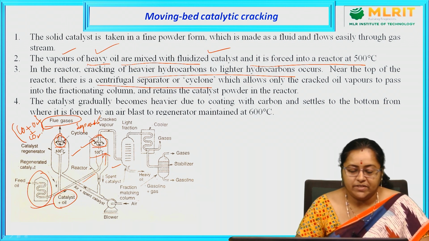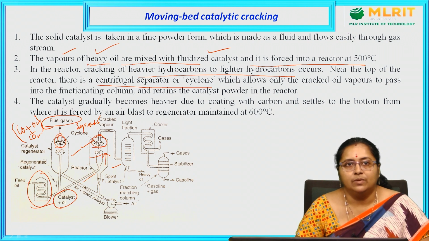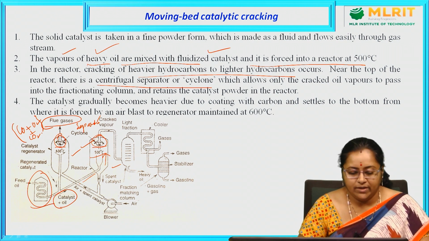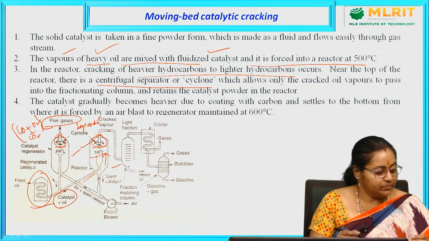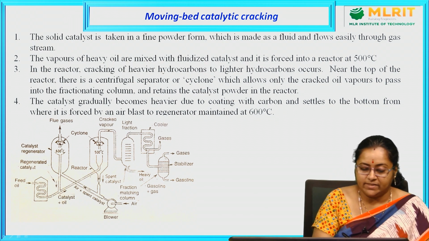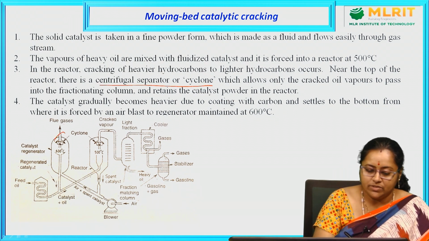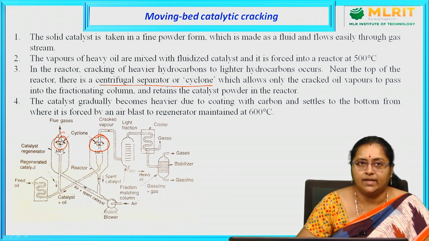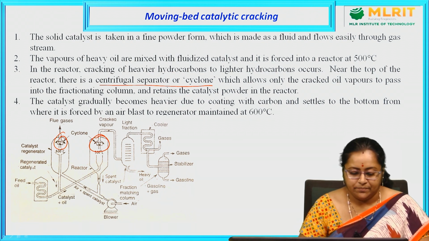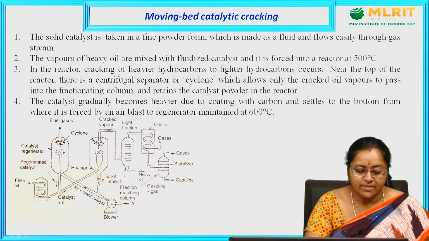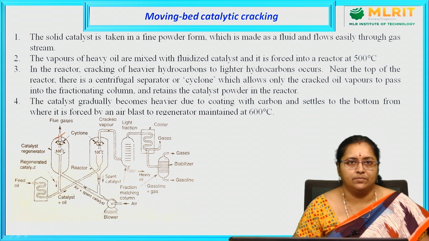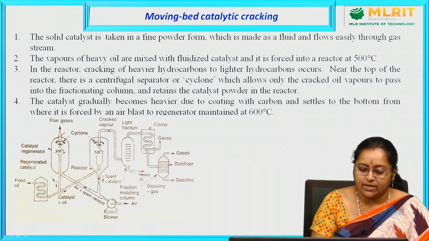Until and unless its concentration is reduced to permissible limits, we cannot release that flue gas into the atmosphere directly. So these two cyclone separators or centrifugal separators I told you about, which were fixed at the top of the two chambers, one the reactor and the other the regeneration chamber, are able to filter this flue gas, and then with the help of this outlet, it can be safely released into the air or atmosphere. So that is the role of the cyclone separators.